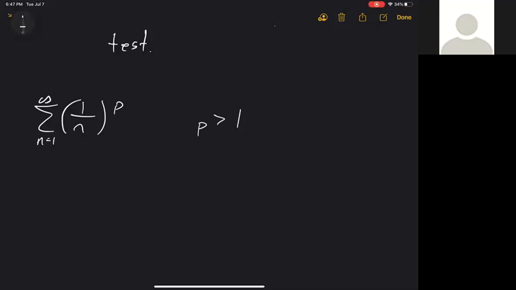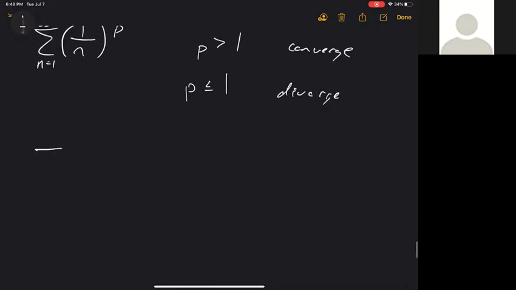And it's going to diverge if p is less than or equal to 1. So this is a great test to know, because if you get a p series, something like 1 over n to the